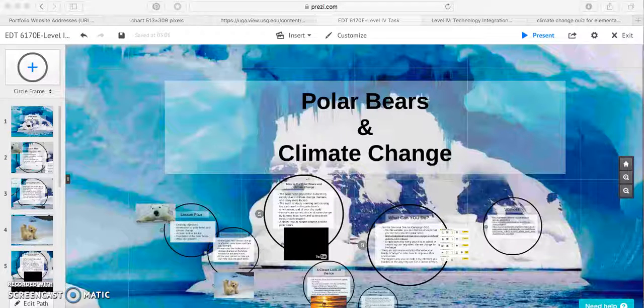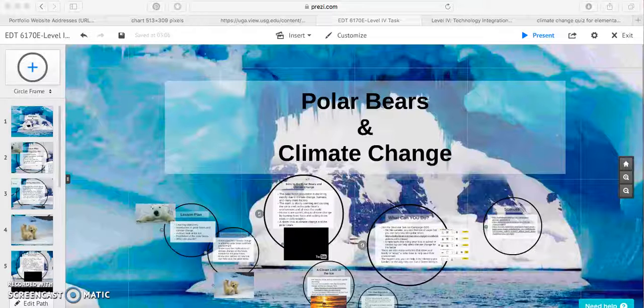Hi guys! For this level 4 task, Manuela and I, Brandy, completed a Prezi presentation, and we just wanted to show the different ways that you can use and teach lessons in the classroom without the simple PowerPoint or simple lectures like that. And we believe that Prezi is something that kids will really be able to engage in, and you can include links and you can include websites and pictures and charts and graphs in this presentation to really